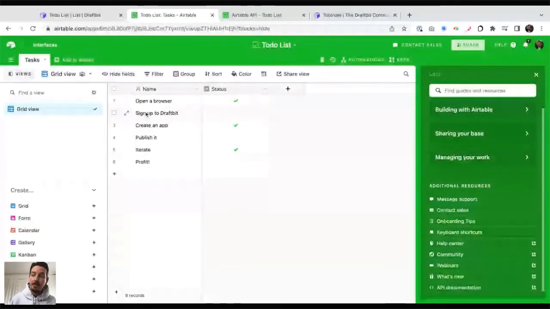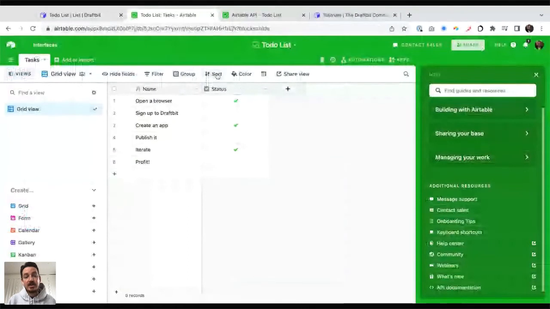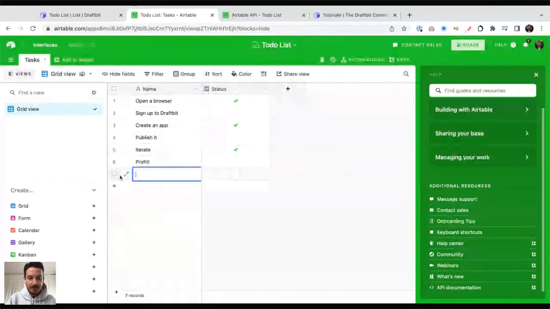It's not really a bug. This is because when you talk to Airtable, you didn't tell it how to sort, so they return all those items in a more or less random order. Here, when I'm looking at Airtable, they're actually sorted by the latest, so as I add something, it gets added to the end. That's the default Airtable behavior visually. But through the API, when I talk to them from a programmatic point of view, they don't necessarily preserve that sort, so it can be in a different order.